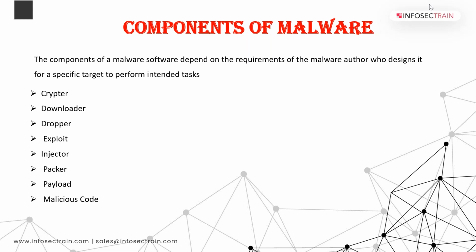And we have dropper. So what will dropper do? We can say it is a covert carrier. It means it will hide the malware. The dropper can perform the installation task covertly. Covert means it will hide that installation part. Attackers need to first install the malware program and then execute the dropper. So the dropper can transport the malware code and execute it on a target system without being detected by antivirus scanners. That is the main intention of dropper.